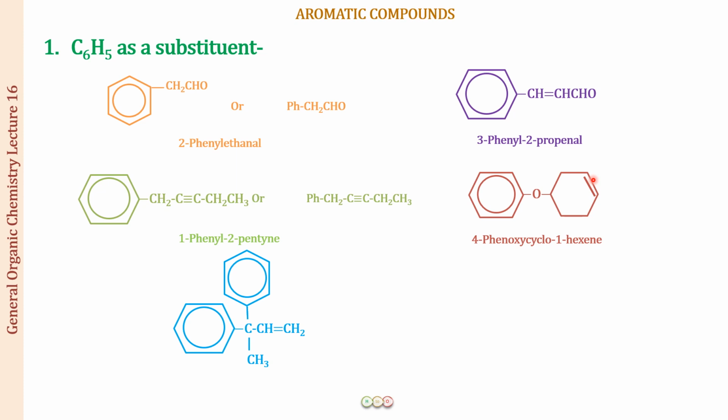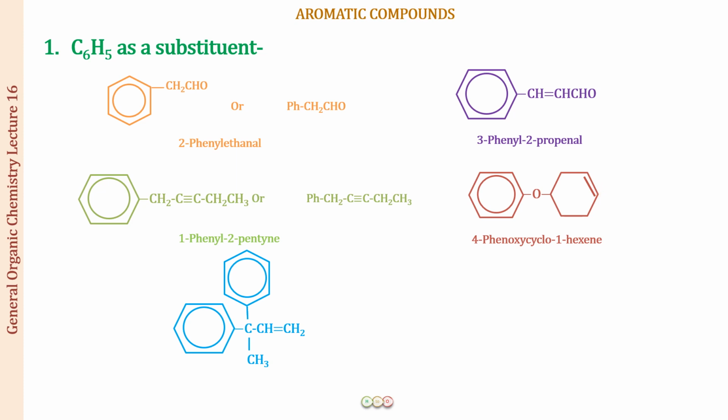All right. Now one more thing that you can see is that in between these two there is an O. So this means this is an ether. All right. And how do we name the ethers? We name them as alkoxy alkanes, and in this case it is an alkene. So the parent is going to be this alkene. This is cyclohex-1-ene. You are going to give this carbon number 1 position. All right. Let me do that.